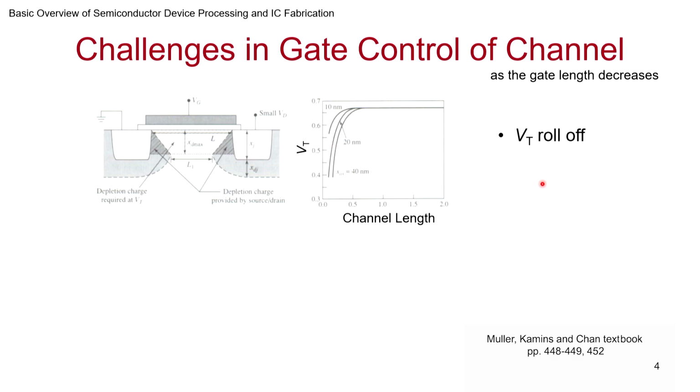So people have tried all sorts of tricks. They try to increase the control of the gate over the channel. You try to dope the channel more heavily so that the drain will not affect much. You also make the gate oxide very thin, which is actually the first thing people try, so that you get good control. People can also try higher dielectric constant gates so that capacitance is more. We all remember that capacitance is epsilon A divided by D, right? A is per unit area, so it will not matter. D here is the thickness of the oxide, and then the epsilon. So those are some of the tricks that they did.